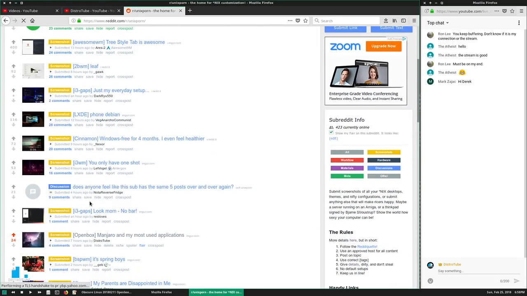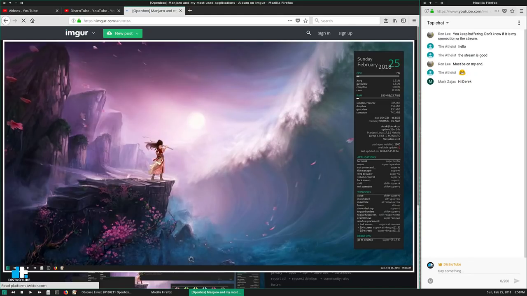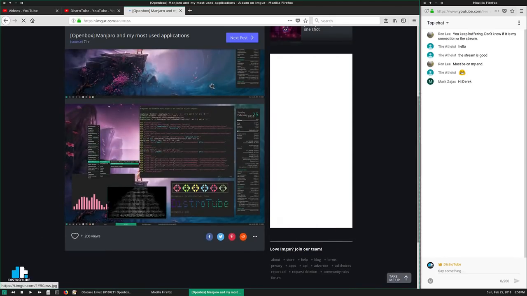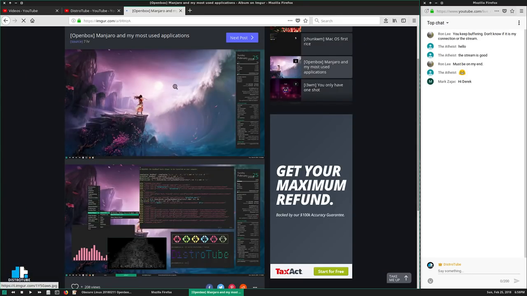Anyway, the post I made earlier, right here, Openbox, Manjaro. It's a screenshot of just an empty desktop, just the conky and my tint2 panel. And then one that's a little busier. Of course, some of this was tongue-in-cheek, making fun of folks on UNIXporn. They love Japanese anime wallpapers, so that's why I went with the wallpaper. Not something I would ever put on my desktop, but